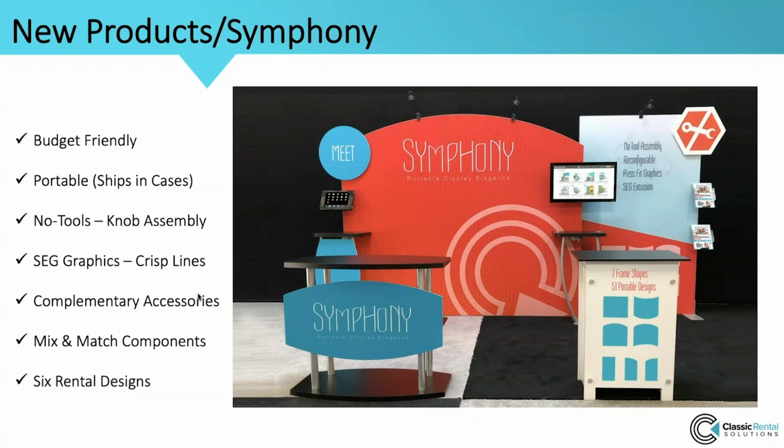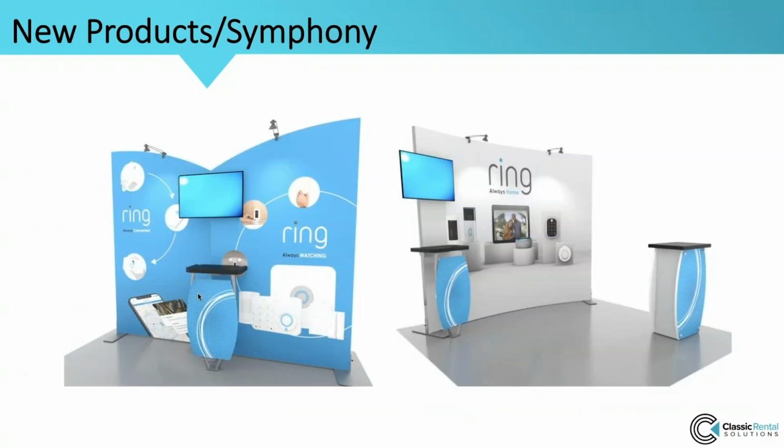So if you see a reception counter in one of the kits that you'd rather use, in the one that you're looking at, workstations, monitors, literature shelves, it has a lot of super nice accessories that go with it. And we have 6 of these Symphony designs in our rental offerings at this point on our website in the inline galleries. Here's 2 10x10